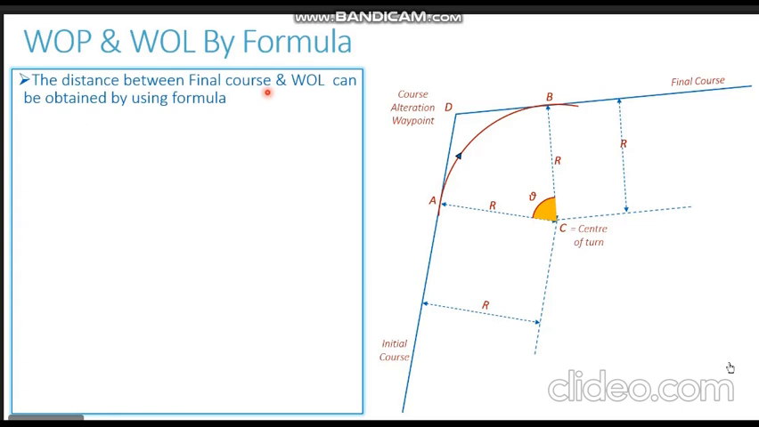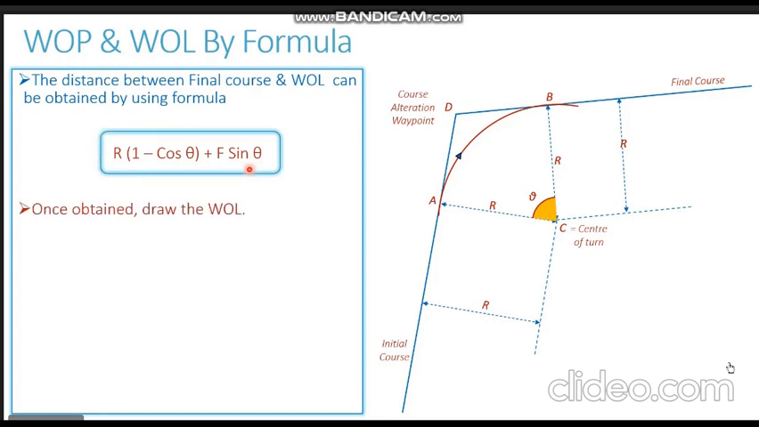The distance between the final course and the wheel over line can be obtained using the formula R into (1 minus cos theta) plus F sine theta. R is the radius of the turn, theta is the angle by which the ship is turning, plus F, foxtrot, is the reaction distance, times sine theta. Theta again is the angle by which the vessel is altering. So we find out this distance using the formula R into (1 minus cos theta) plus F sine theta. Now when this distance is obtained,